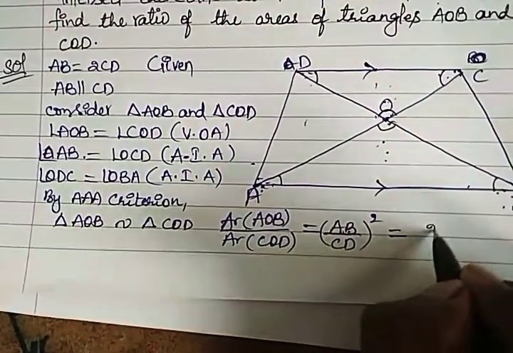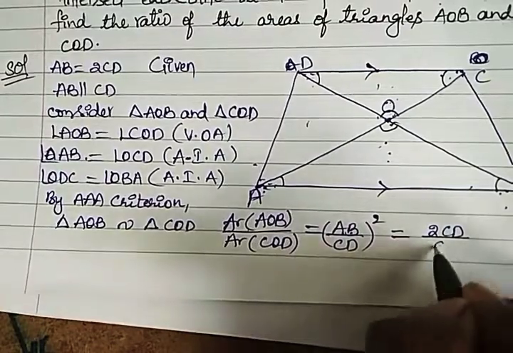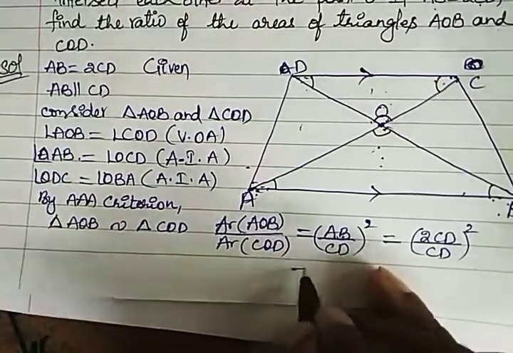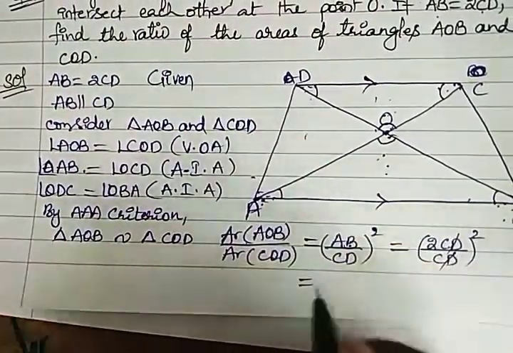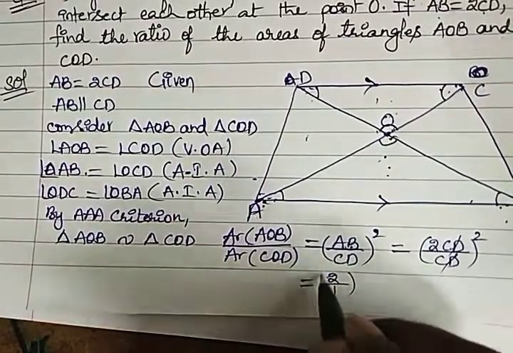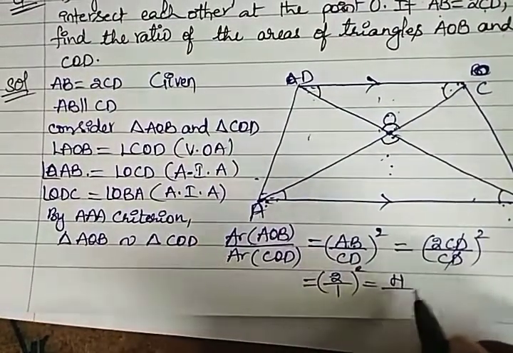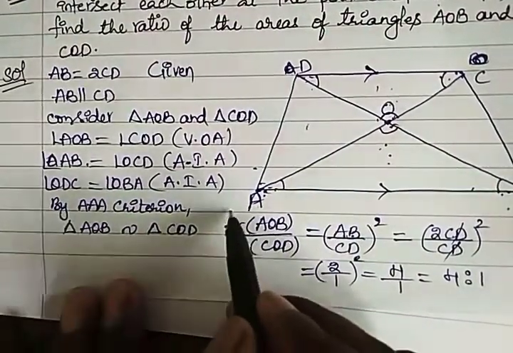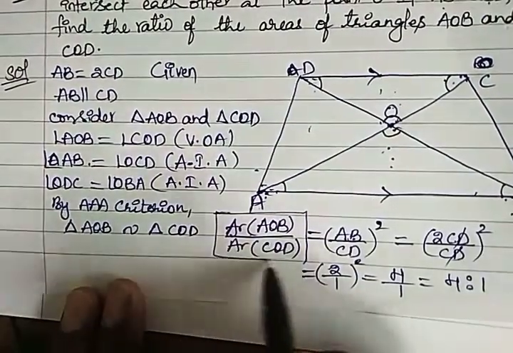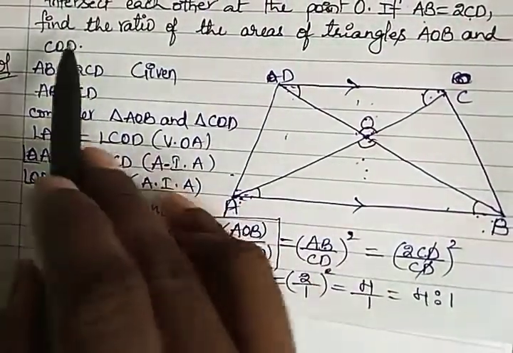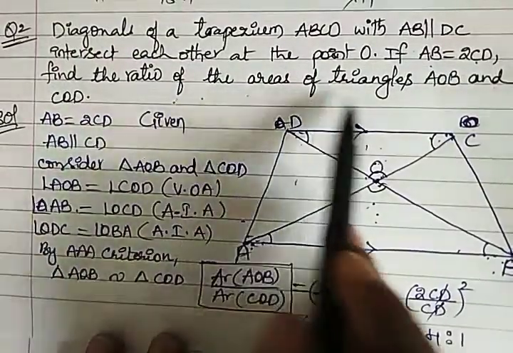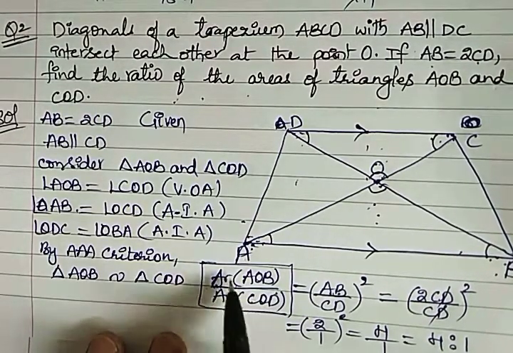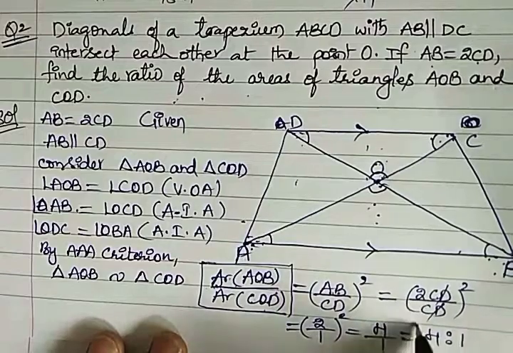So in place of AB we can write 2CD by CD whole square. Then CD cancels, 2 square is left, 2 by 1 whole square means 4 by 1, which is equal to 4:1. So we have found the ratio of areas of triangles AOB and COD, which is equal to